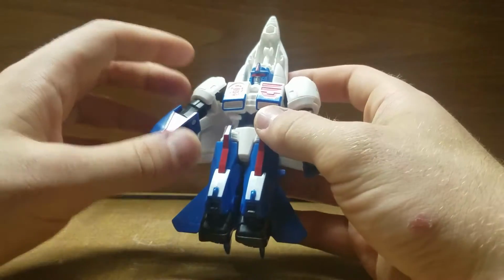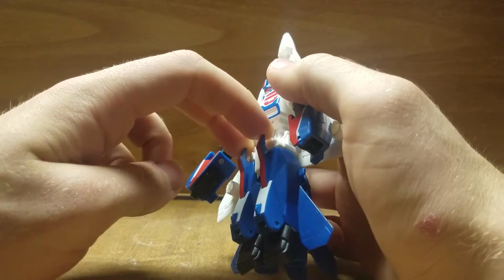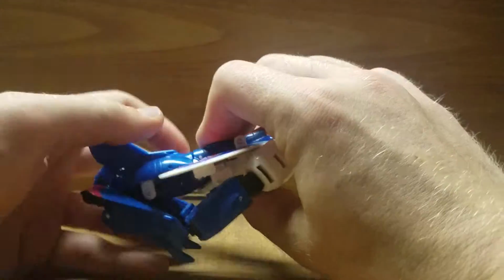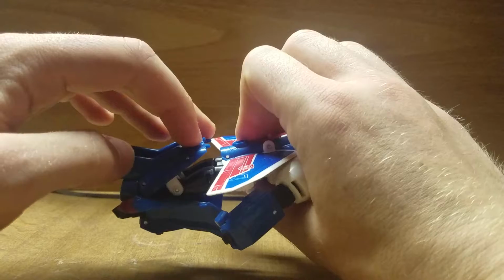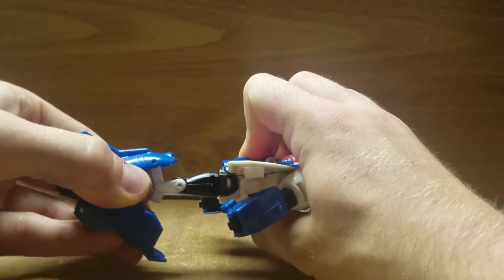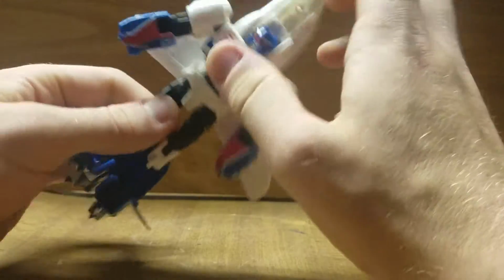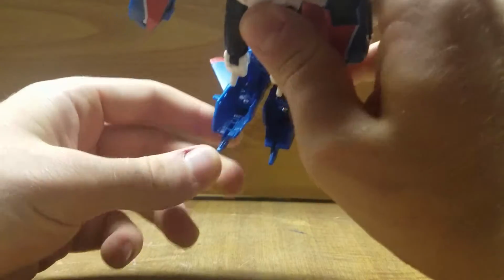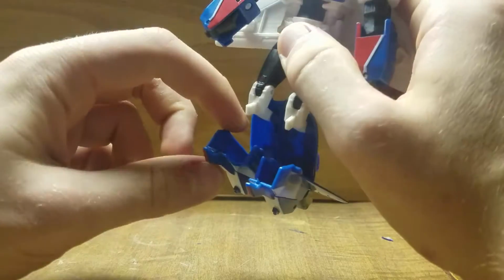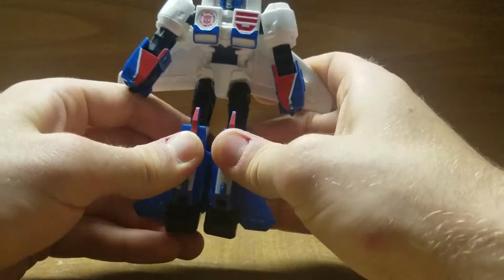Then he has the Combiner Wars legs, where you grab his knee spikes right here and you just pull it forward and it opens up his legs. And you pull back a little bit and it untabs these from the back of him here. And you pull it straight out. It comes down on these double hinges right here. And as soon as you get him down, he's got these slots right behind his knees that these tabs go into. So once you get that all set,